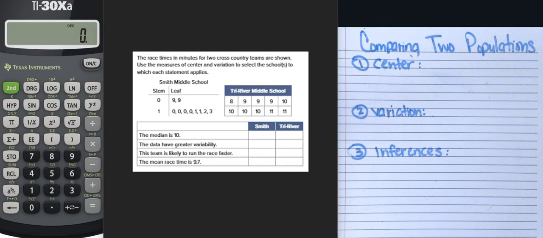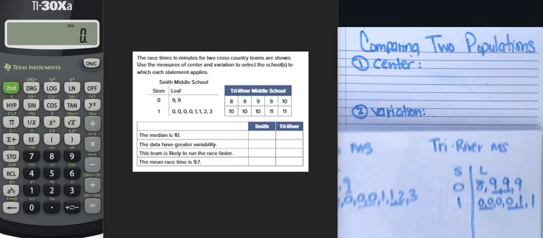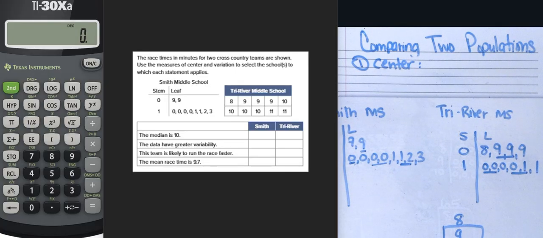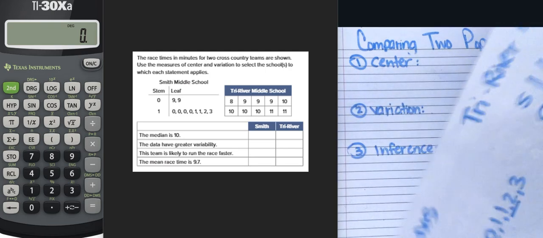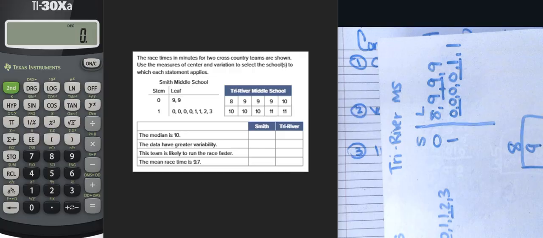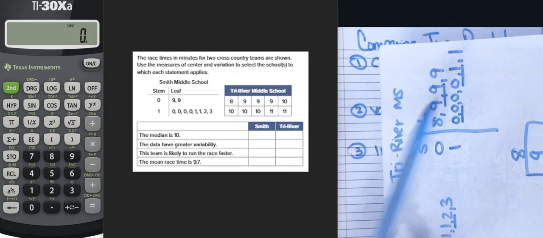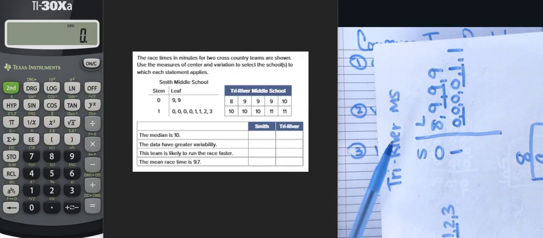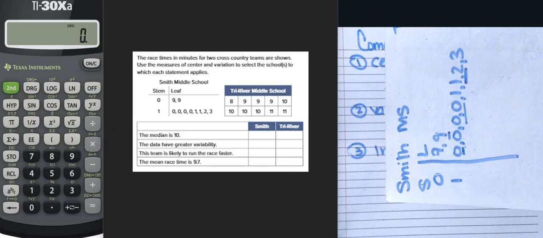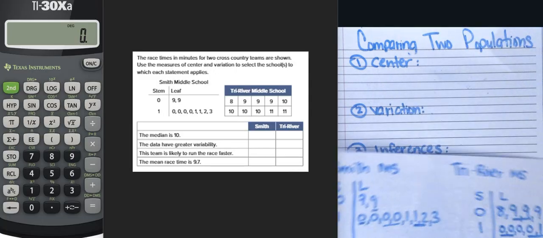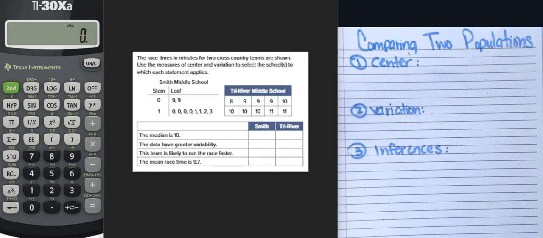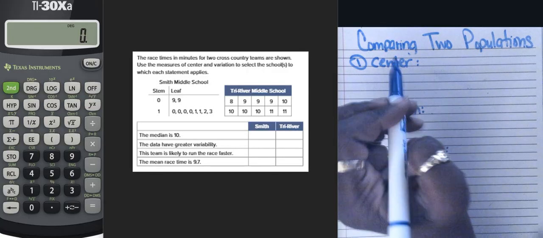So the first thing is I set up the information in the form of a stem and leaf plot, since the first one was already set up that way. And when I set it up, what I like to do is look at it vertically. So I turn it this way and I notice that it does not look symmetrical, right? If we look down here, we notice that it's not symmetrical. So because it's not symmetrical, we used the median to find our measure of